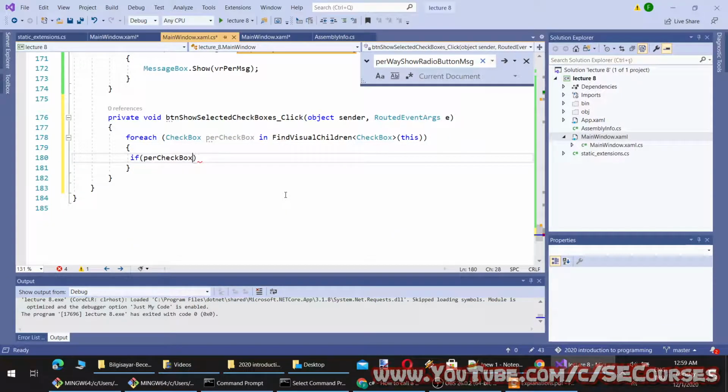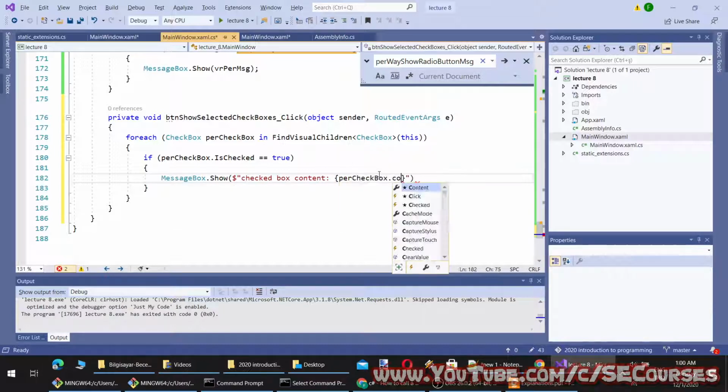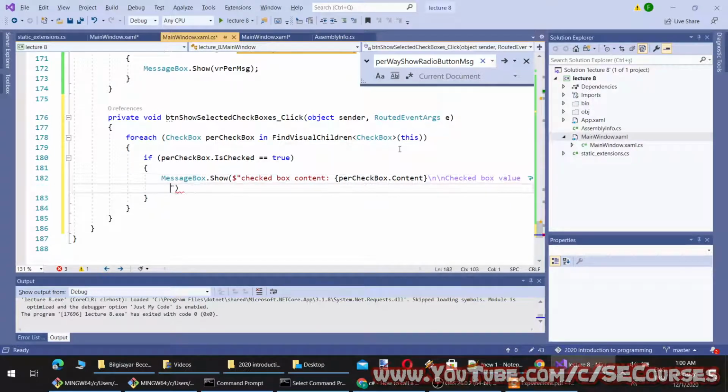If is checked equal to true, okay, and checkbox show content, and value will be. So you see I can add as many checkboxes as I want.